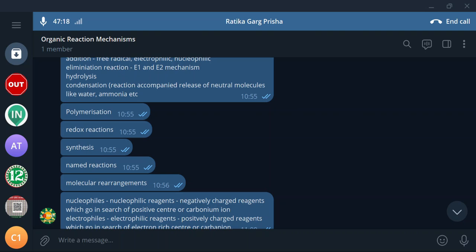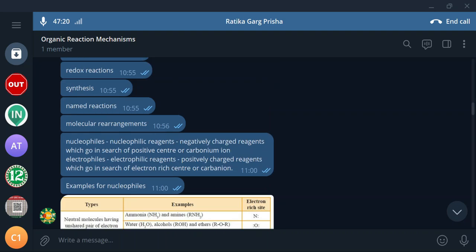Then you have molecular rearrangement. These molecular rearrangements are very specific, and I can cite one example. There is one type of molecular rearrangement where, when the bond is slightly twisted or rotated, it creates some noise also. So that is a special kind of molecular rearrangement. Likewise, we have various molecular rearrangements, but that is beyond the scope of your syllabus now.